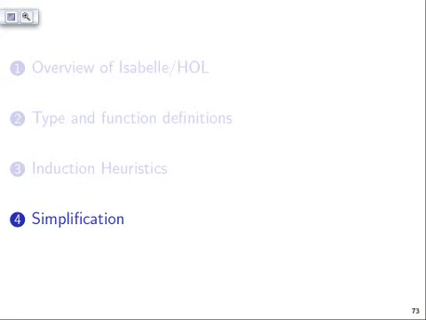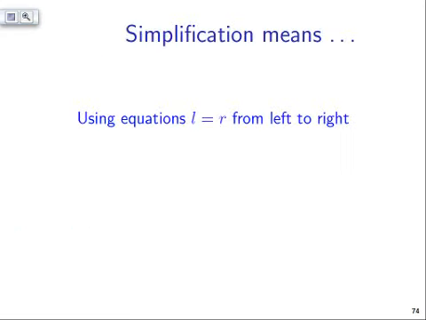used under the hood of the auto tactic, and that's simplification. I have already sort of hinted at it, but I haven't stated anything very precisely, and now I'll do that. So what is simplification? Simplification simply means that you use an equation exclusively from left to right. And the fact that this really gets simpler, that's what you hope. Of course, it may not get simpler by using the equation from left to right, but it's a terminology that's